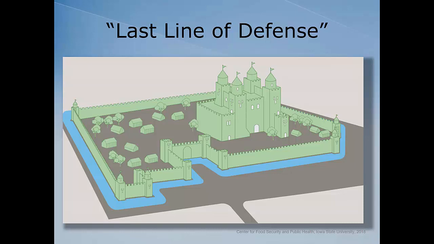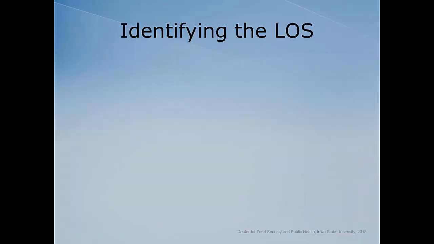The door to the castle is the LOS access point, controlled by the operation. The operation decides when to open the door and let in a person or other item after appropriate biosecurity measures have been followed. While the boundary of the LOS on a poultry operation is typically the walls of the building,